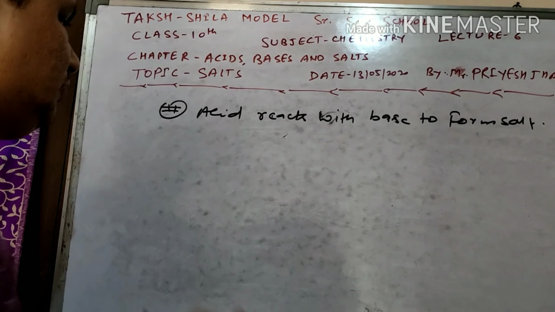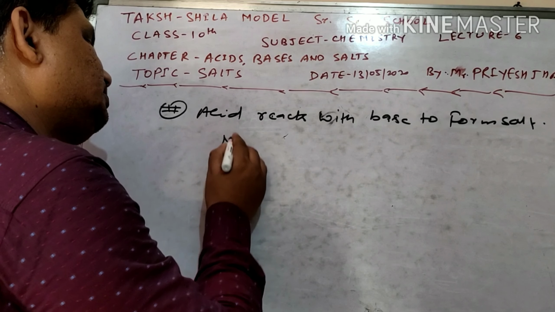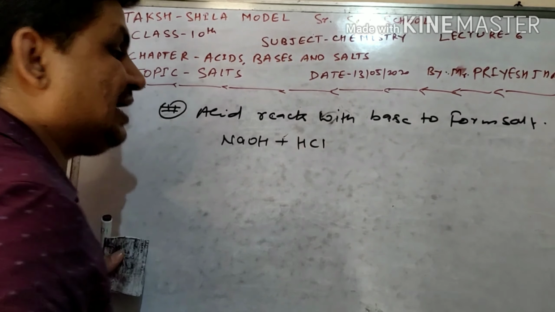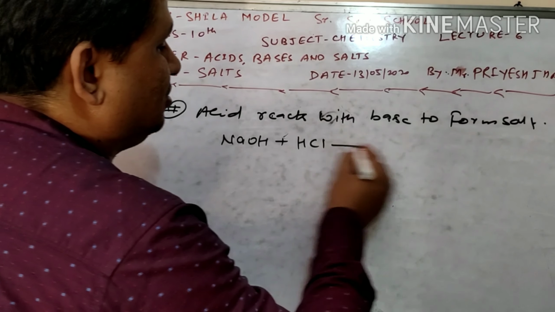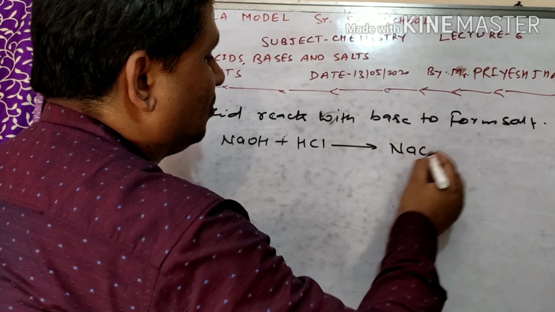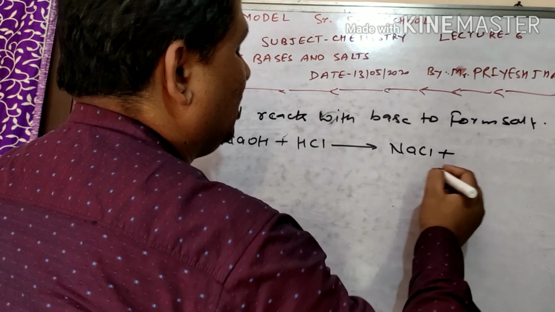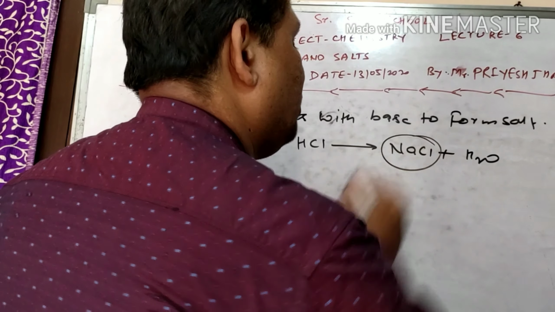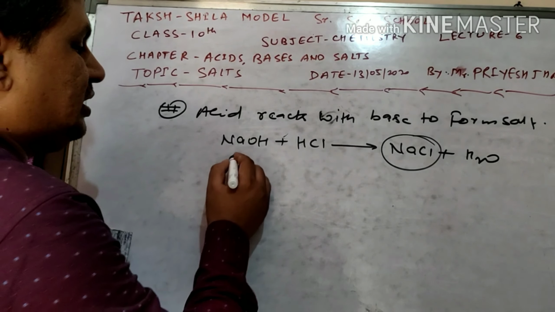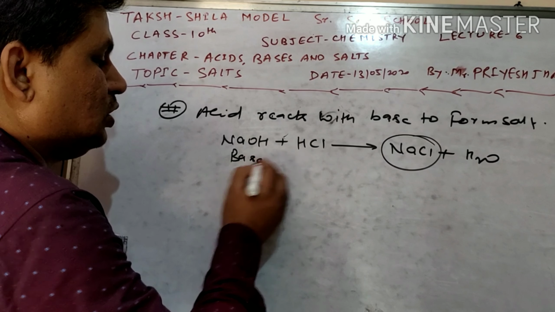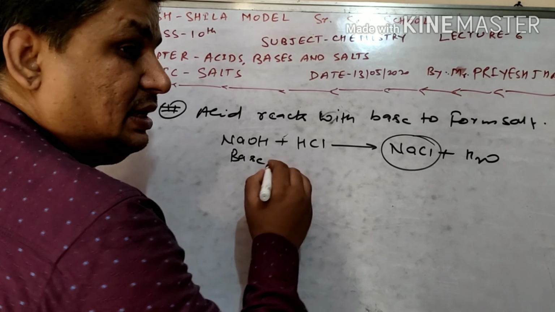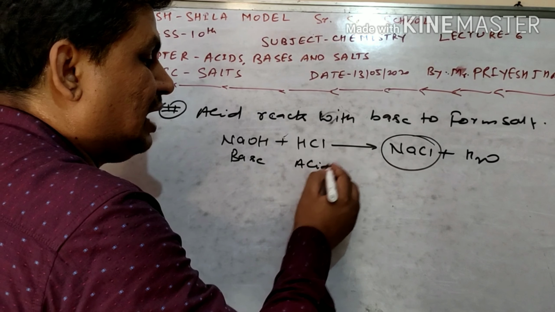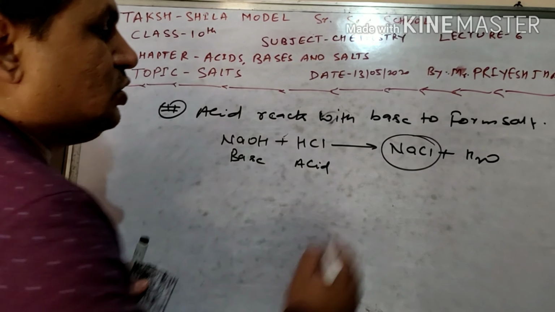For example, when NaOH reacts with HCl, they form NaCl and water. So for the formation of sodium chloride, the base sodium hydroxide and the acid hydrochloric acid combine to form